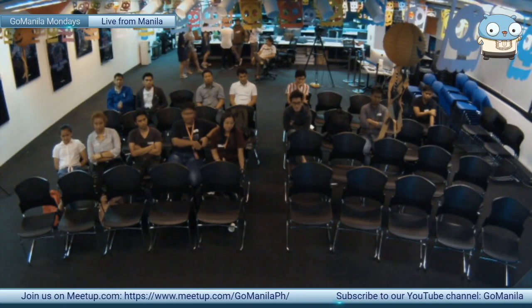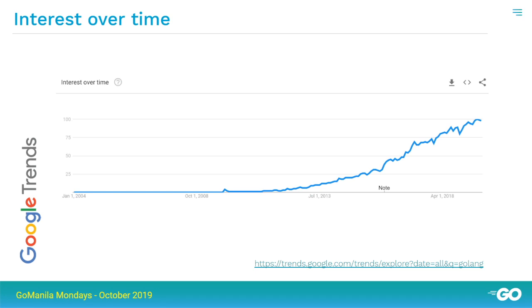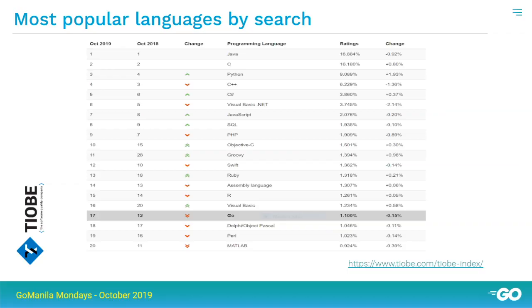So I guess if you're going to look for reasons to use Golang, people like to use languages that are popular, and as you guys have seen, the popularity of Golang has been increasing over time. This is from Google Trends, and it is very obvious that since its conception, Golang's popularity has been increasing considerably. And there are actually a series of other indexes that show how popular Golang is in comparison to other languages.